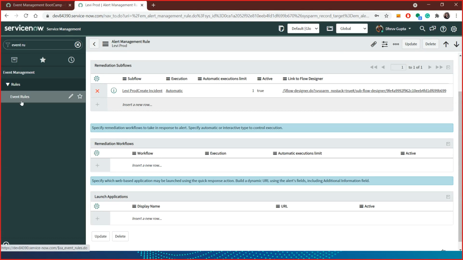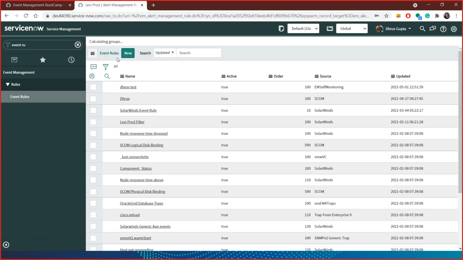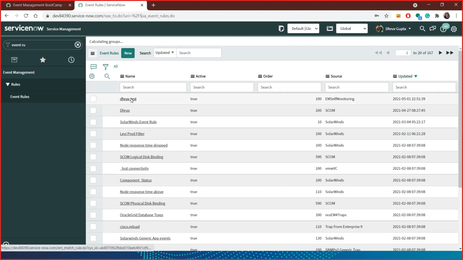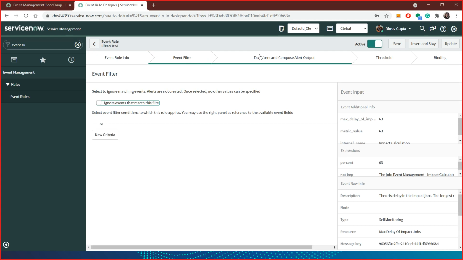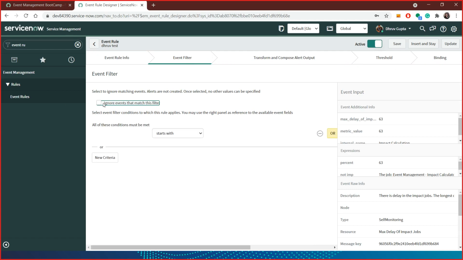So if we go to the event rules, let's see what is there in the test instance. We open that and just pay attention over there. These 3 tabs are available right now, but if I check on this, these 3 tabs won't make any sense. It will work as a negative condition: if the description starts with this, the event would be automatically ignored.